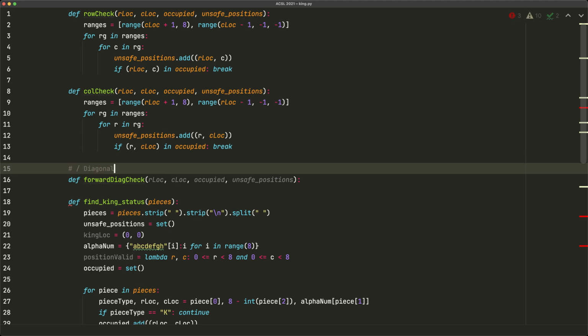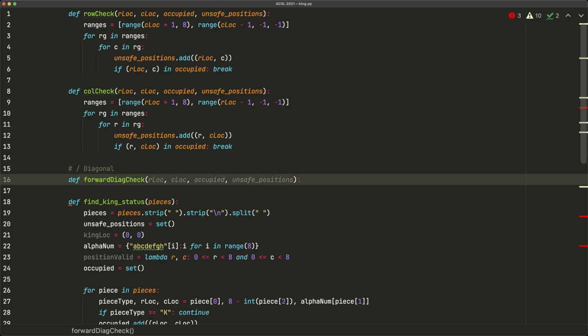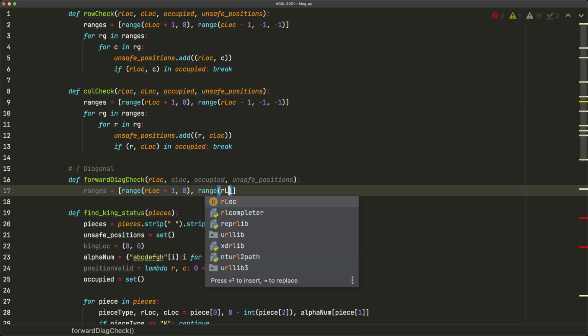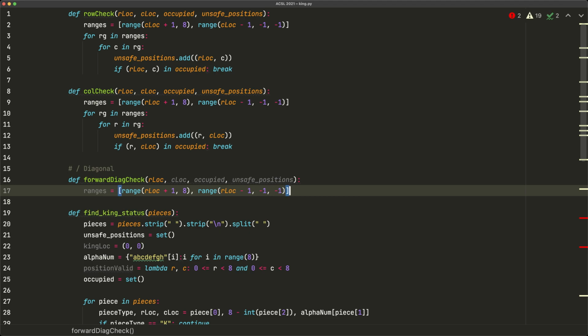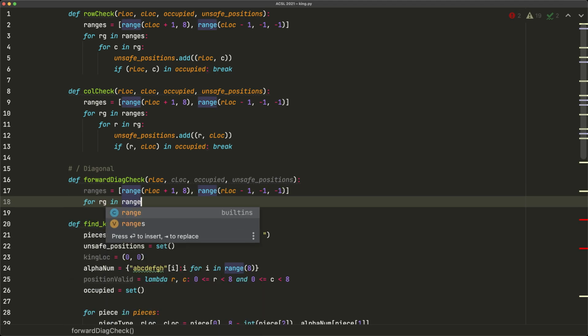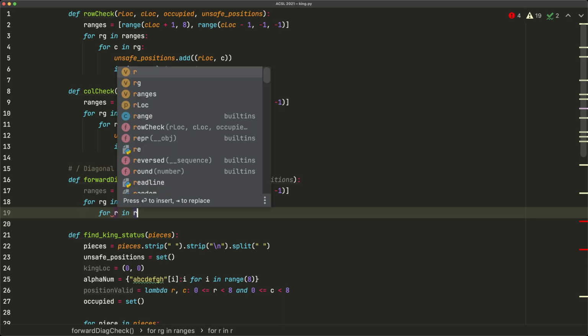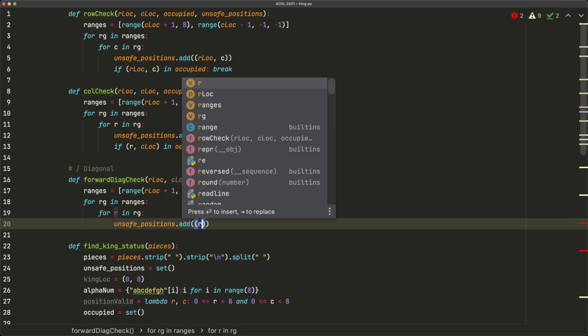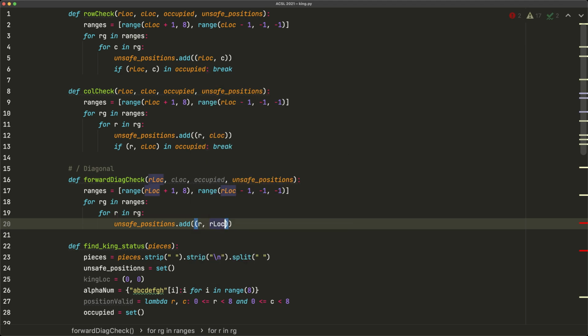So this diagonal. And inside this function, we'll declare our ranges. It's going to be the same as line 9. So ranges is equal to range(rlog + 1, 8). And then we'll say our other range is going to be range(rlog - 1, -1, -1). And then we'll say for RG in ranges, for R in range, we're going to add this following position. So we'll say unsafe_positions.add, and the tuple we're going to use is R, and then rlog plus